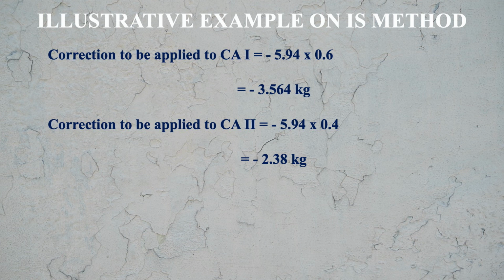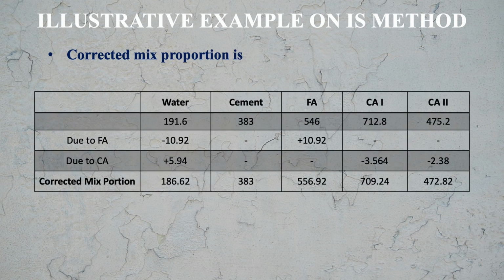So finally here the corrected mix proportion is that water, which we calculated earlier as 191.6, due to fine aggregate the correction is minus 10.92 kg, and due to coarse aggregate the correction is plus 5.94 kg. So the corrected water content is 186.62 kg. Cement 383, no change. Fine aggregate we calculated as 546, but the correction due to fine aggregate free moisture is 10.92 kg, and finally it is